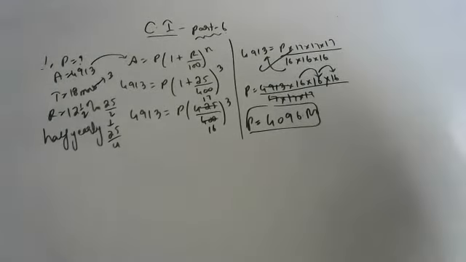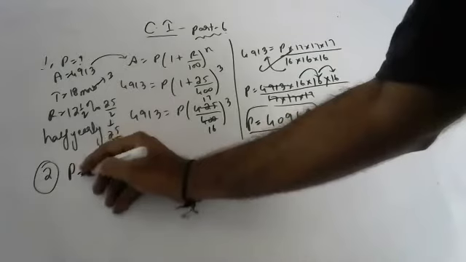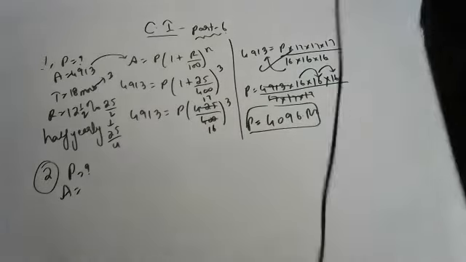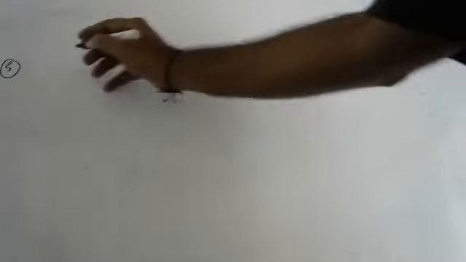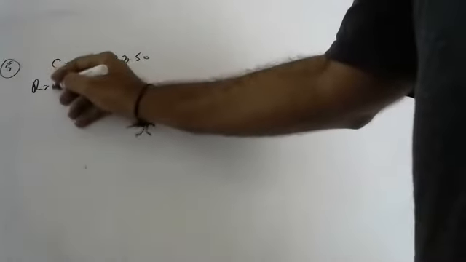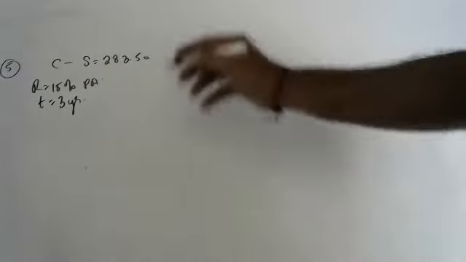Yeah, next chance will go to Pravalika. Pravalika, can you please tell me? Yes, sir. Children, the difference between compound interest and simple interest is 283.50, at the rate of 15% per annum, and for 3 years. This is for 3 years.